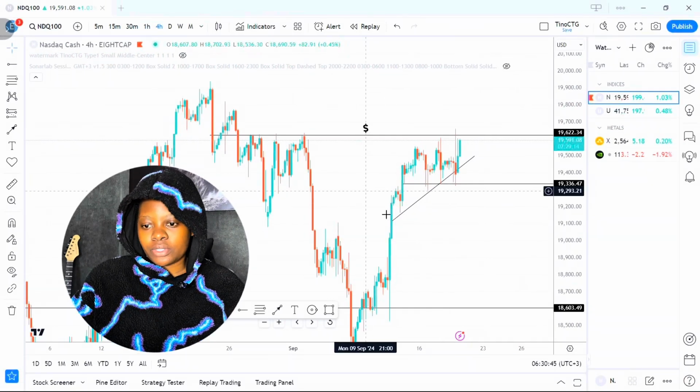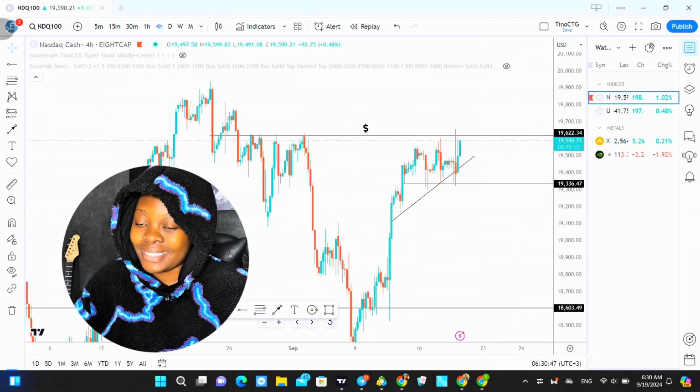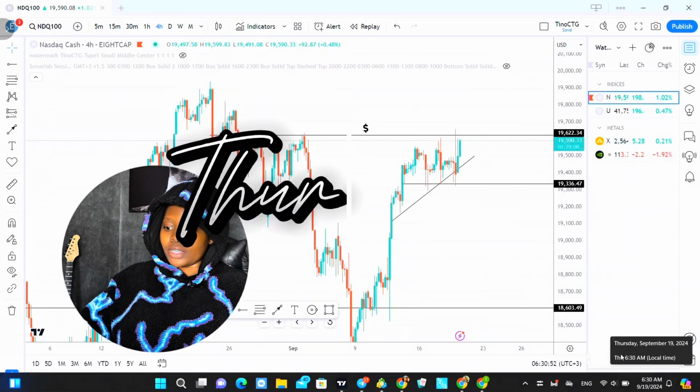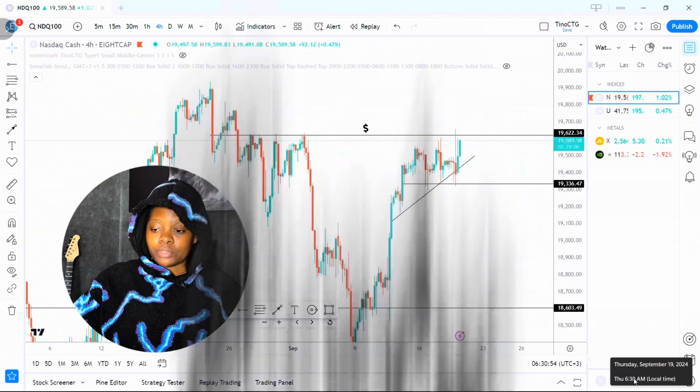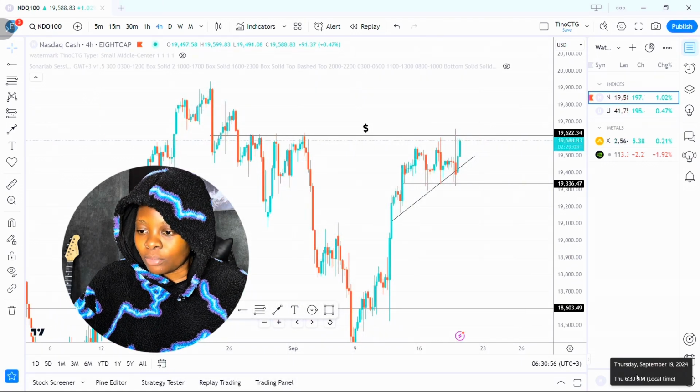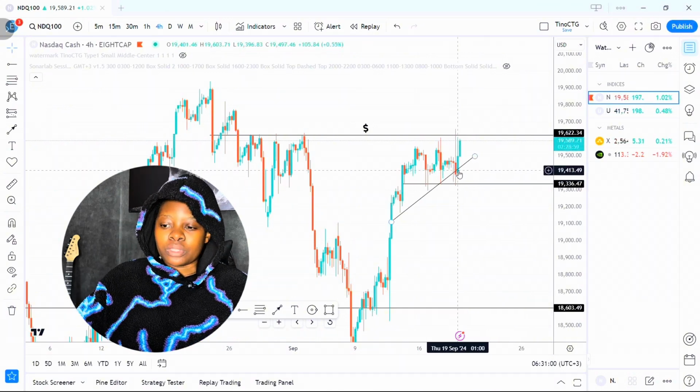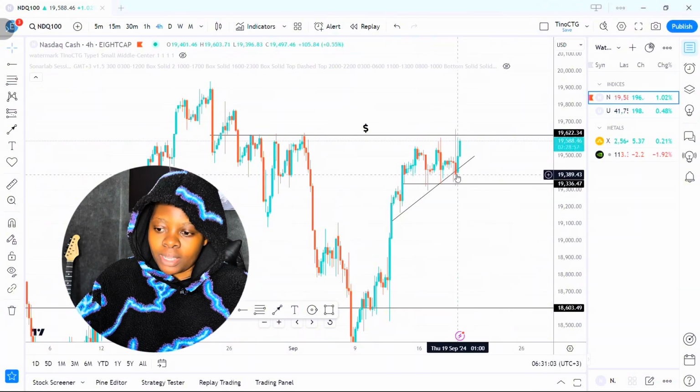All right, beautiful traders, you can see we are looking at Nasdaq right now, and it's 6:30 in the morning. Yo, 6:30 is a beautiful Thursday, and yeah, we just want to analyze the chart. Let's see what the market was looking like from yesterday. You already know that we left off the account with roughly $300, and it just spiked up to this level